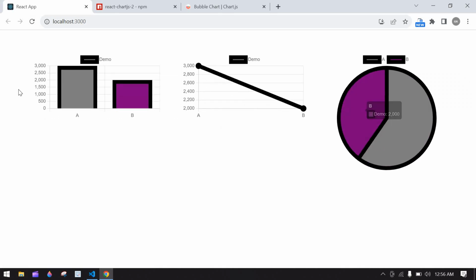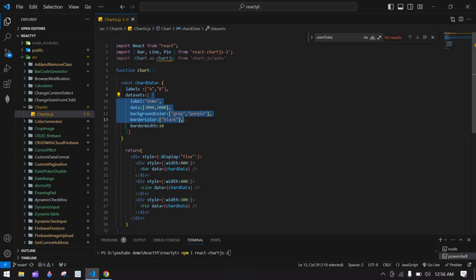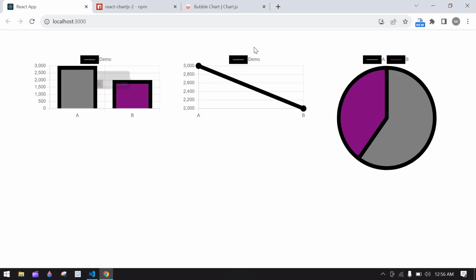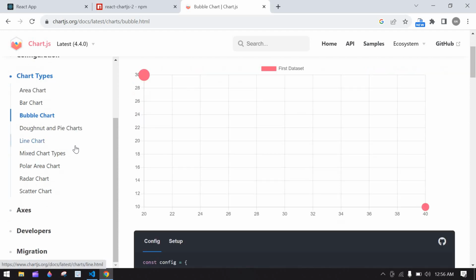This is what we get, and you can pass values like this, and you can use Chart.js like this in React.js. And if you want more detail, you can see here the